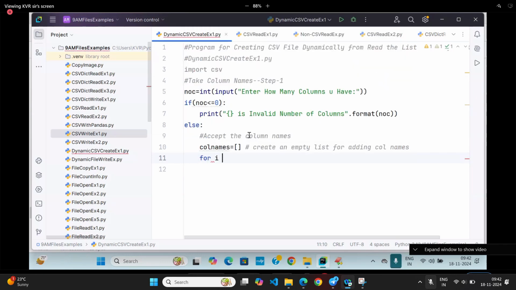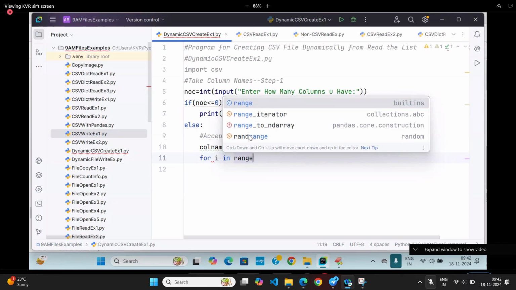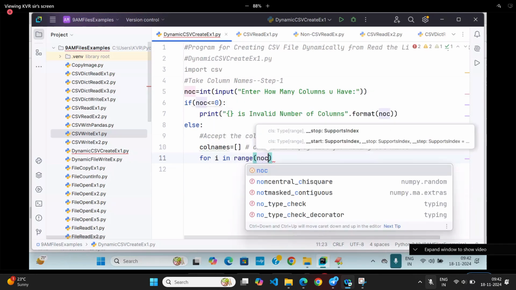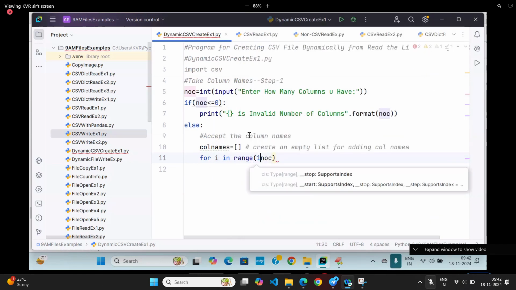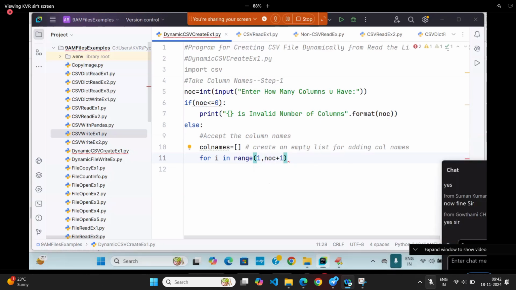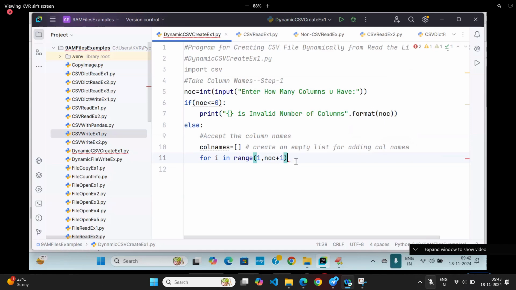For i in range of 1 comma NOC plus 1. If my number of columns is 3, if I decided to take 3, I will say 1 comma 4. Okay, 1, 2, 3. When 4 comes, it will become false. There I will write it. Print of, or I can write it, column name,